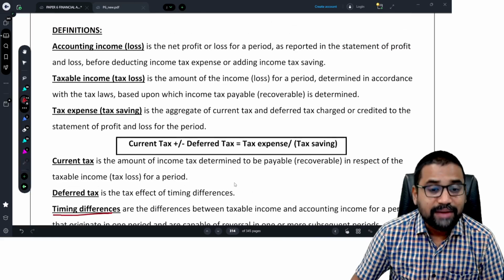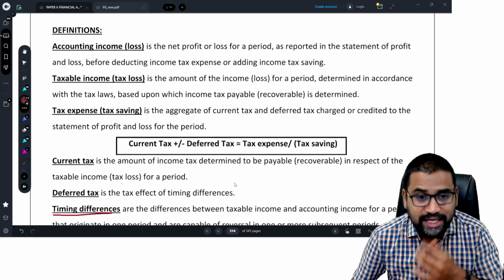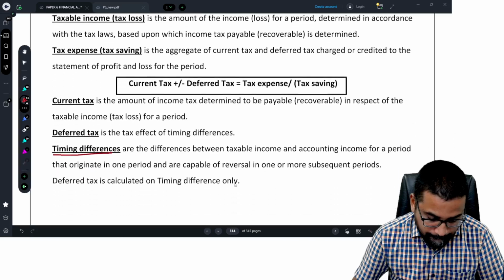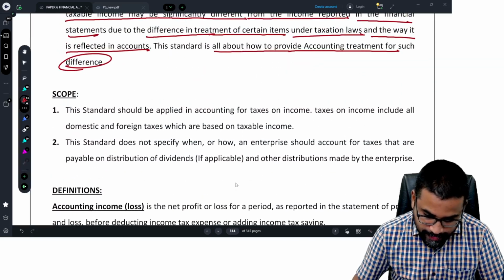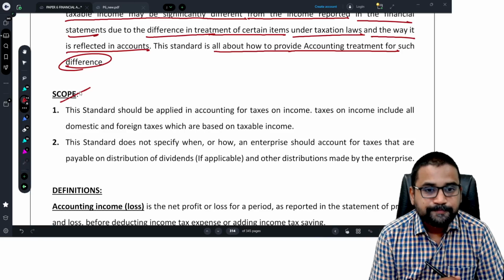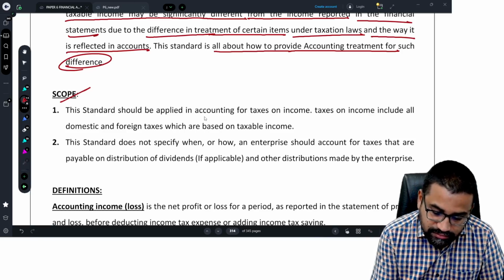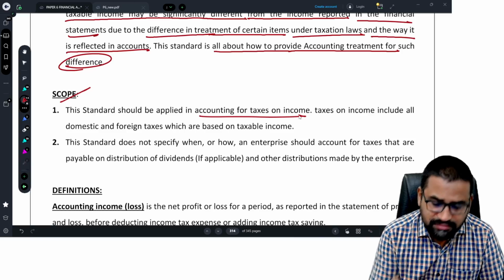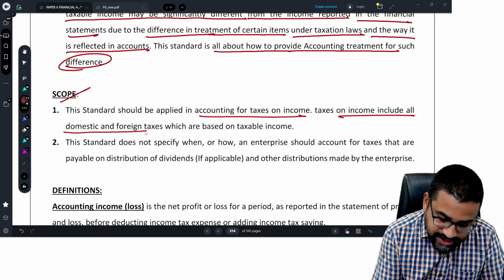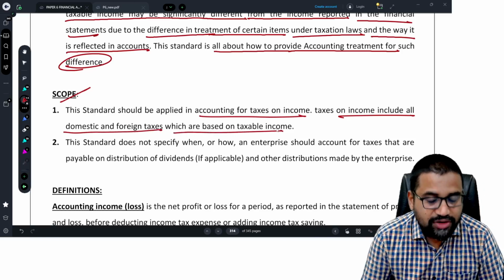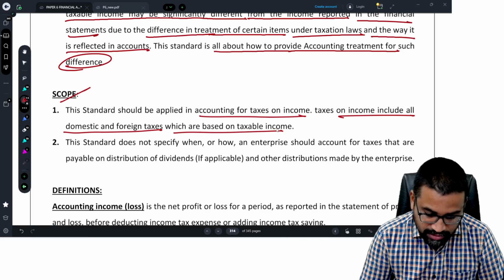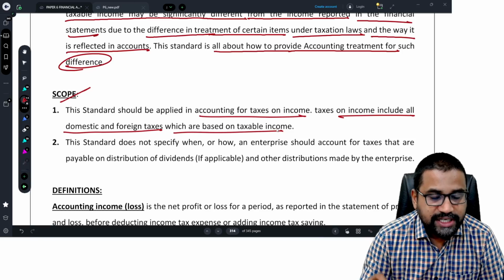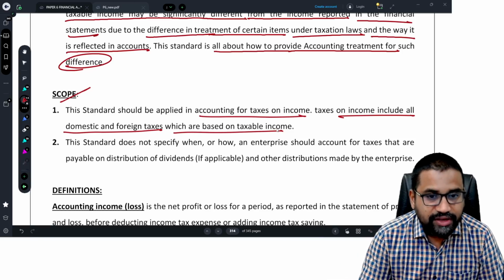Sir, which difference is timing, which difference is permanent? For that, you need to understand the provisions of the Income Tax Act. And what is the scope of this standard, sir? So this standard is applied in accounting for taxes on income. Taxes on income includes all domestic and foreign taxes which are based on taxable income. So simply, whatever taxes we are paying, either domestic taxes or foreign taxes, everything is covered in AS